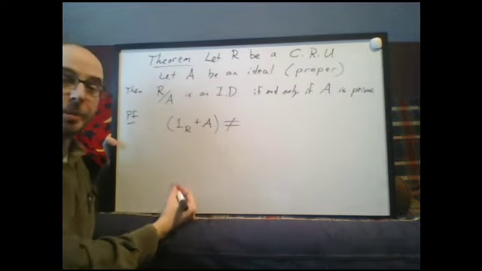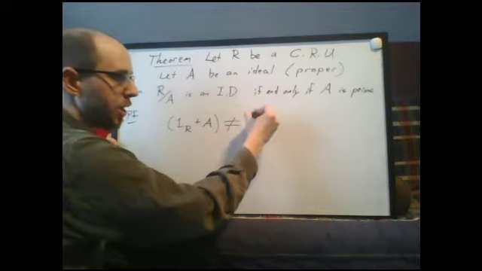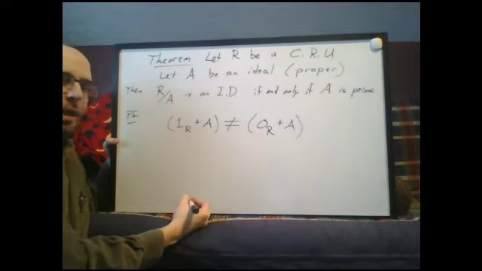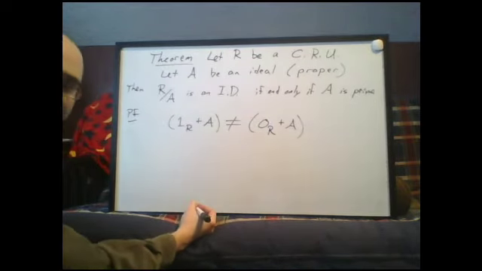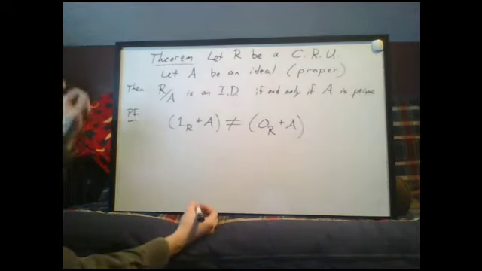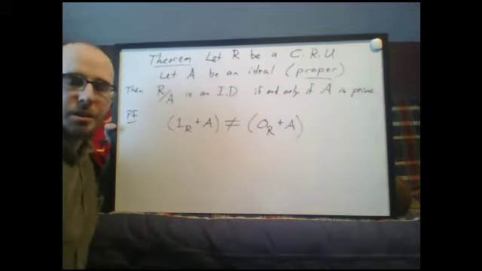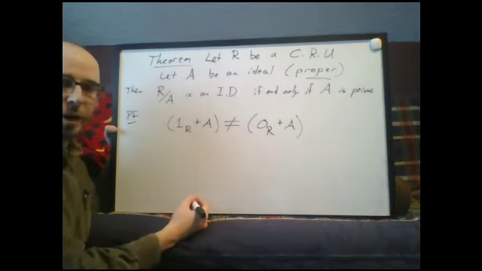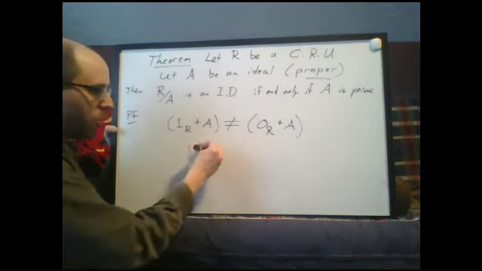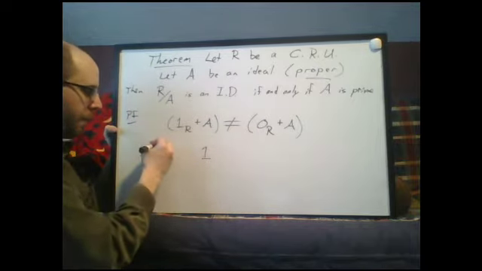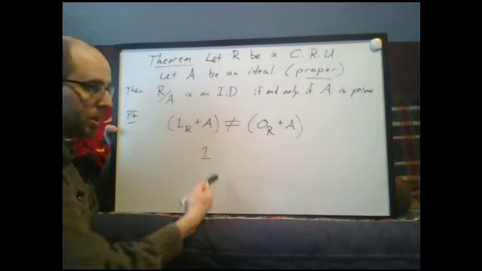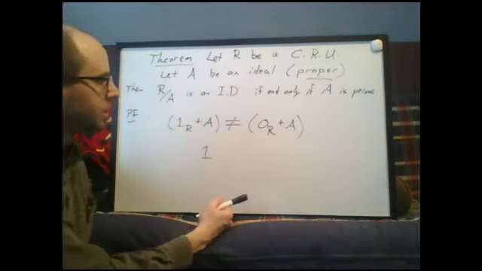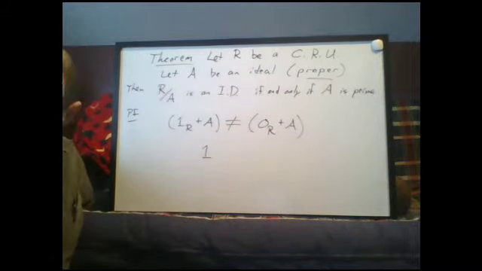This will be the unity element because it's a multiplicative identity and it's also not the 0 element. And we know it's not the 0 element because of the proper nature of this ideal. If this were the same as the 0 element, that would tell me that 1... so if we assume these were equal, oh boy, we're getting into this. If we assumed these were equal,